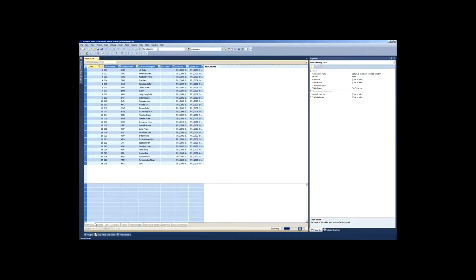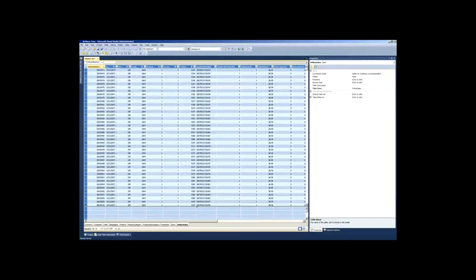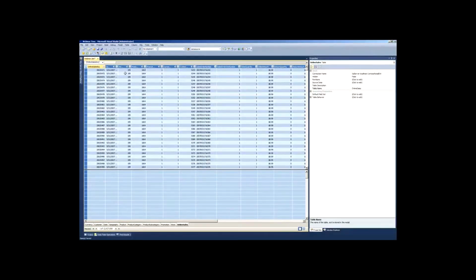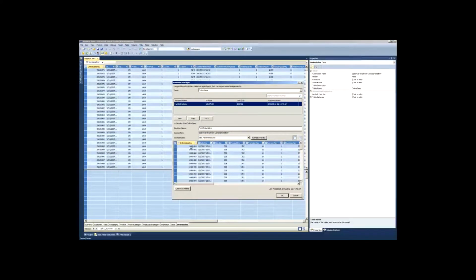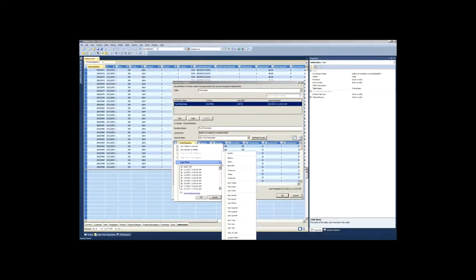So now that these are renamed, there's a few other things that we can do. If I don't want to have to process all that ever again, what I'm going to do here is I'm going to come in and take a look at my partitions for my online sales table. I'm going to say, wow, that's bringing back everything, right? So instead of doing that, I'm going to say I just want to add a date filter,